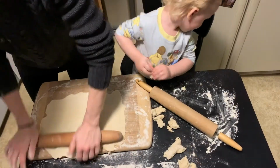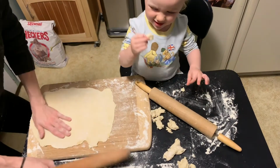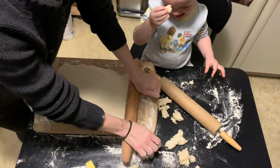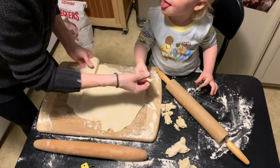So, as I'm rolling this out, you should be preheating your oven to 500 degrees Fahrenheit. Oh my, 500 degrees Fahrenheit. And if you have a pizza stone, they said the best results are...